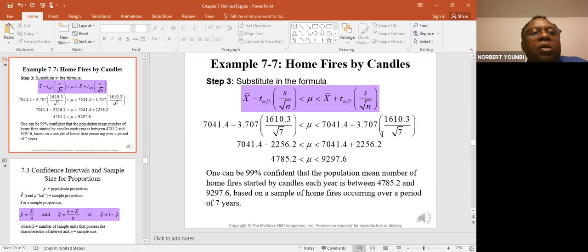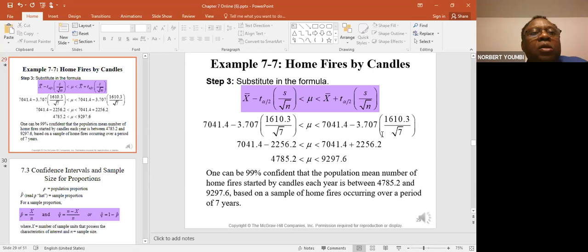Now we have data, so we will click Data and choose L1 because we are using line 1. The confidence level here is 0.99, and we calculate. It gives us 47.85 and 92.97. So we have this confidence